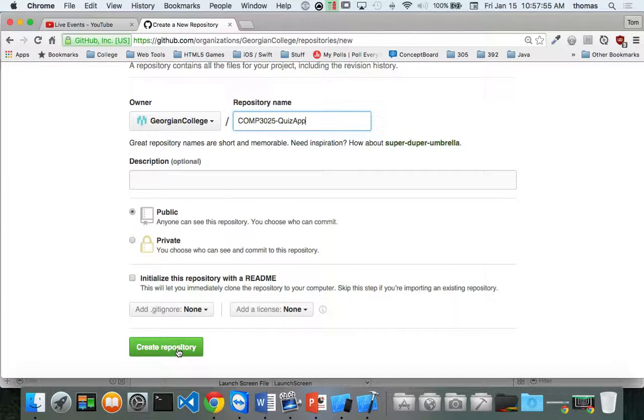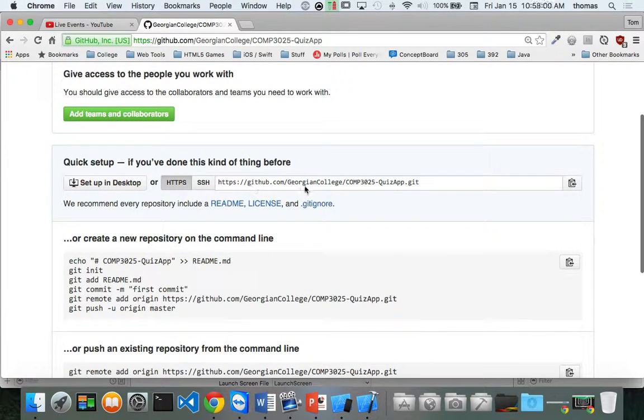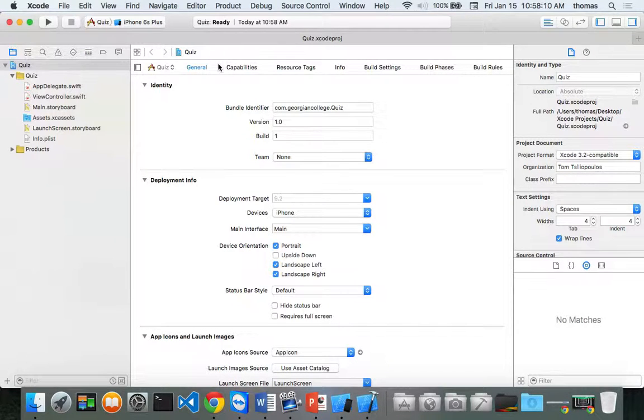I'm going to click Create Repository here. And notice how we have our GitHub URI here. Just click this one to copy to clipboard like we normally do. And then when we go back to Xcode, you may see something different than me, but on the top,